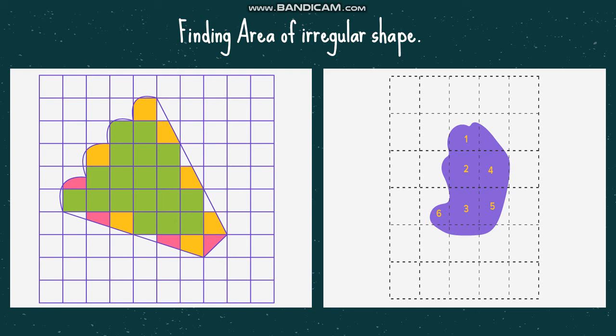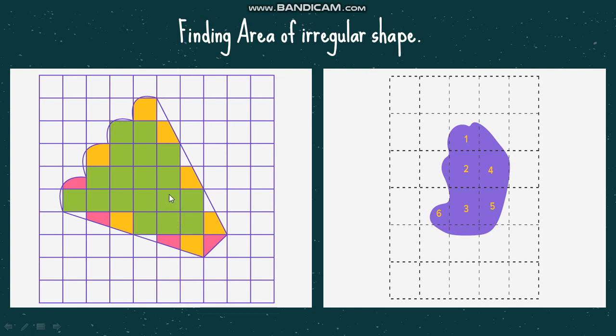Now, finding the area of an irregular shape. As you can see, this is very irregular, it's not having straight lines. So how are you going to find it? When you want to find the area of such a shape, the first thing you need to do is count all the whole squares, the squares which are whole. Now this is almost whole. So 1, 2, 3, 4, 5, 6, 7, 8, 9, 10, 11, 12, 13, 14, 15, 16, 17, 18. So there are 18 complete squares.